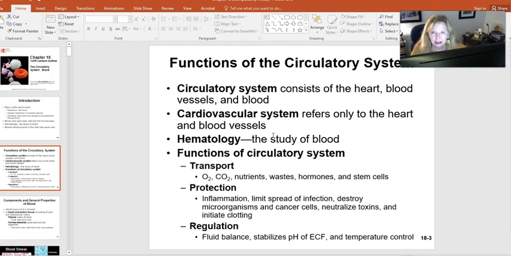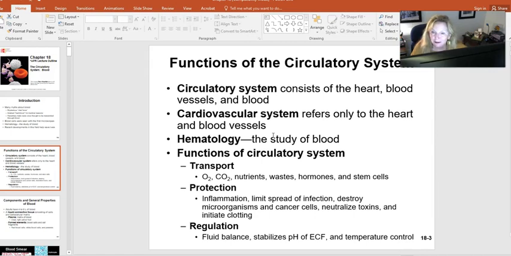protect, so delivering the cells that are needed, that are part of the white blood cells that protect us, destroying microorganisms, and cancer. Cancer cells are happening all the time, but they're being recognized by our immune system cells and they're being destroyed. So fluid balance is something that I think also students tend to not really appreciate until they've